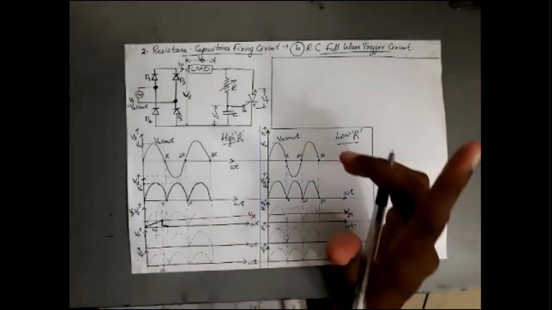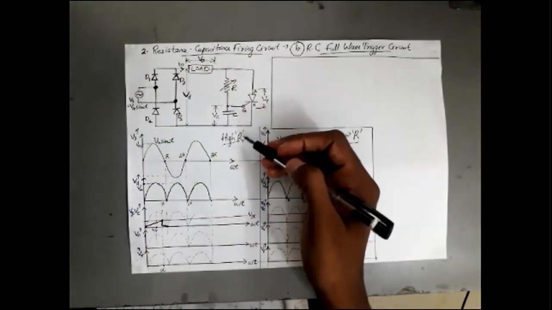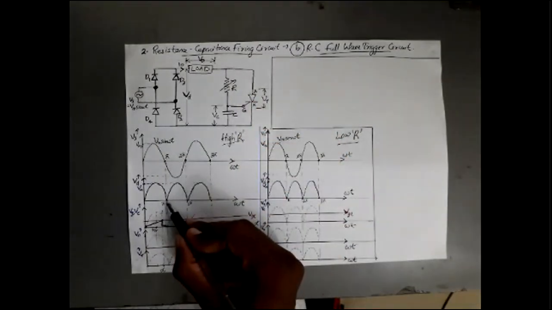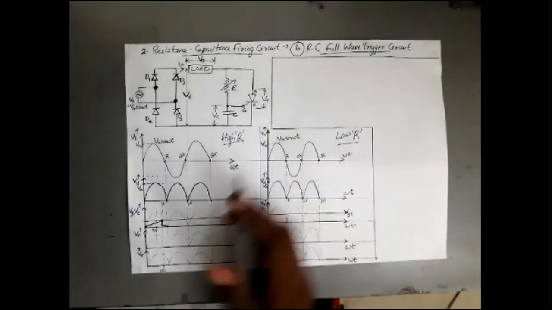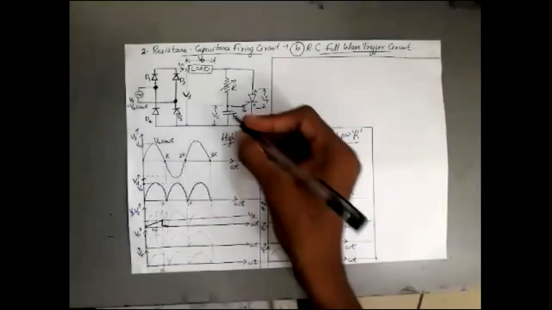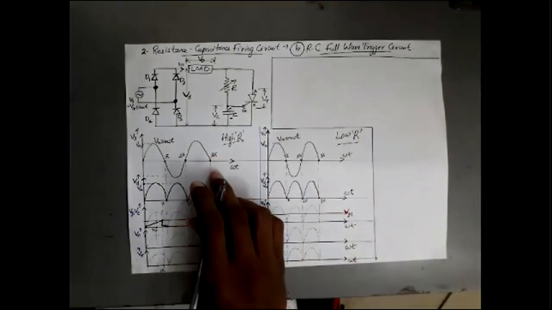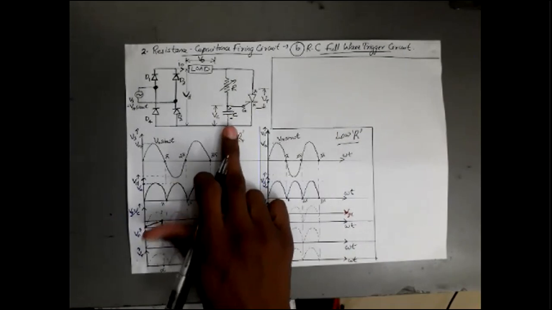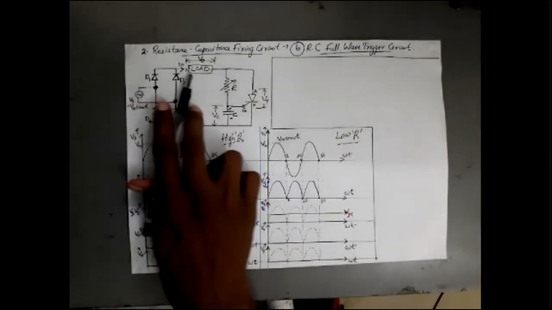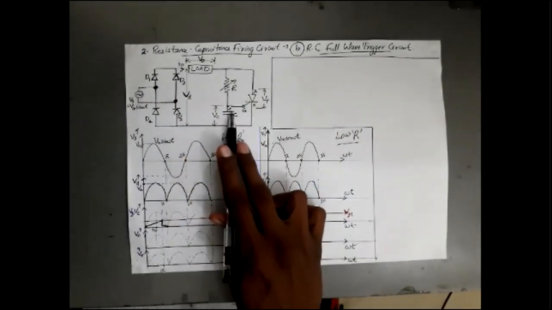Since the rectified output is appearing across my circuit, instead of negative half cycle, in this case we have a positive voltage. So again my capacitor gets charged and the polarity will be same as in the case of the first cycle, because during positive half cycle also the capacitor is charged in such a way that the upper plate is positive and the lower plate is negative, and it is charged from Vs through D1 through load through R and C. Then C upper plate will be positive, that is during